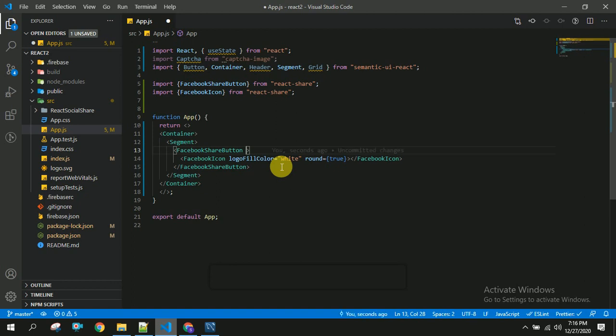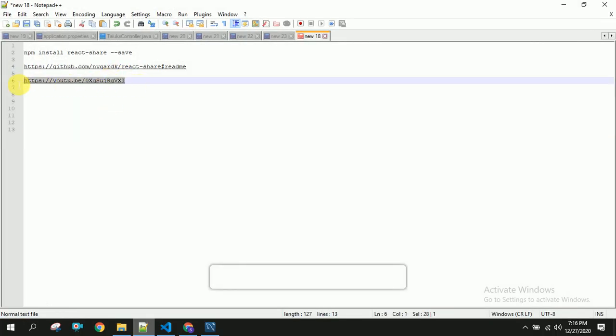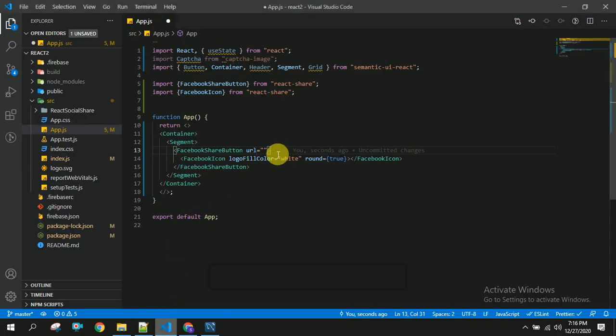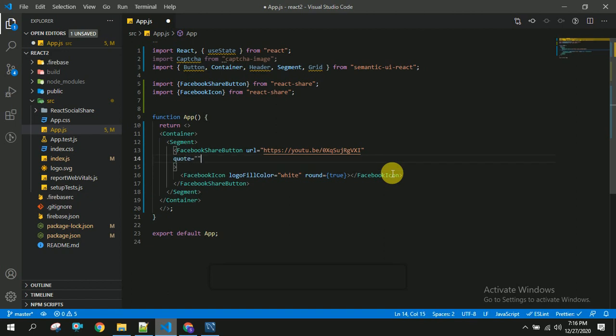The next thing is we have to give some properties to this Facebook share button. In this URL I am going to place my YouTube channel link, so you can place your application page link here. The next property is quote: Hey, subscribe to my channel.